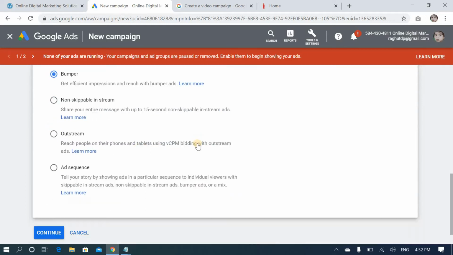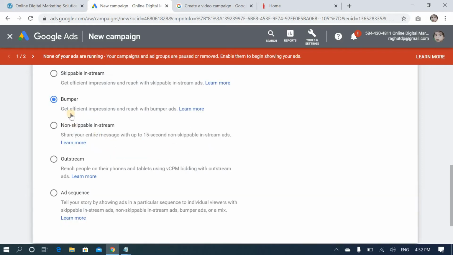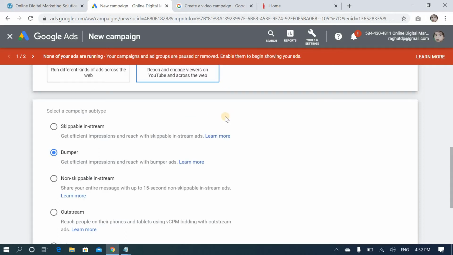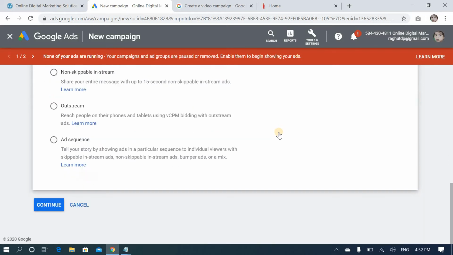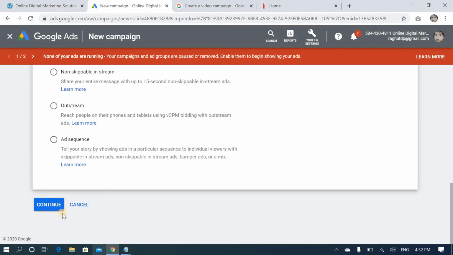Just select this option and continue. See, bumper: get efficient impressions and reach with bumper ads. All of this I will explain in the next videos, like skippable, non-skippable, outstream and ad sequence. I'll create separate videos. Now I'm creating bumper ads. I've selected bumper. Just click continue.